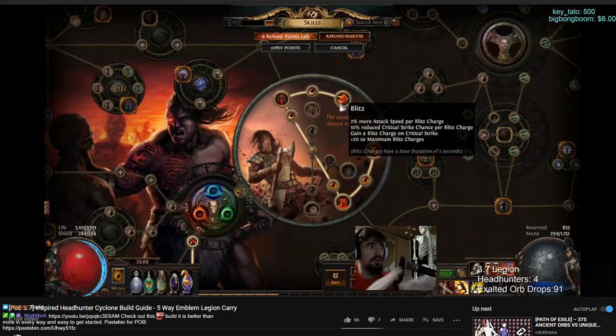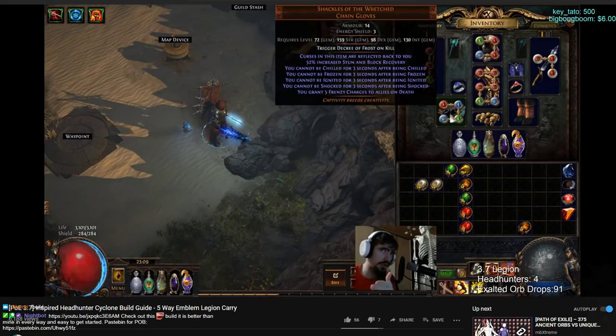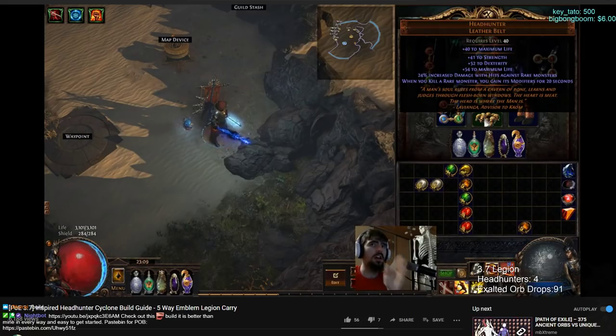So this is basically no downside on the Blitz. I tried going for Aspect of Carnage, but that increased damage taken is actually very noticeable, and I was dying all the time. So when it comes to the build, again, the basics is to use Shackles of the Wretched, Headhunter,